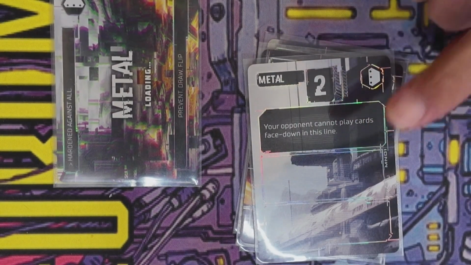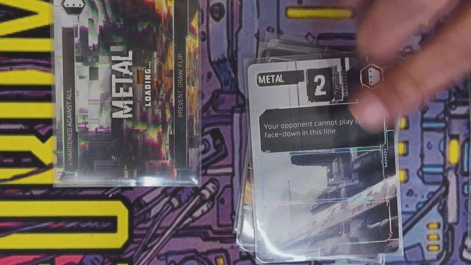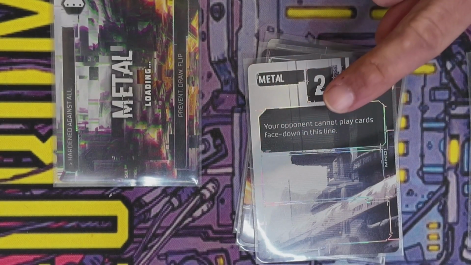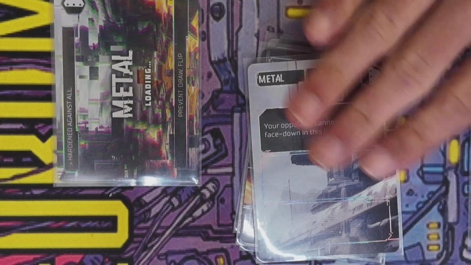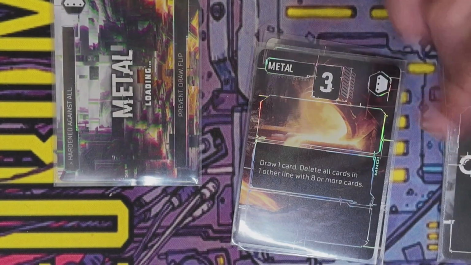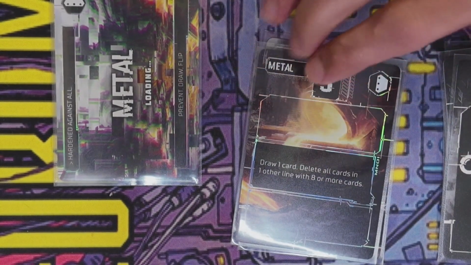Metal 2, your opponent cannot play cards face down in this line. Keep in mind, this would prevent any sort of effect that lets you play cards face down. So even if it's from the top of the deck, like with the Life deck, that Metal 2 will prevent that. All right, Metal 3, draw 1 card, delete all cards, meaning all,